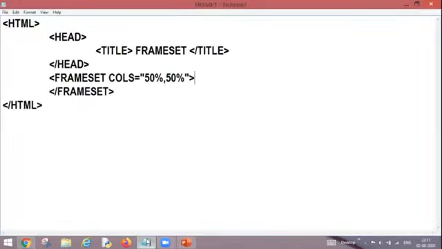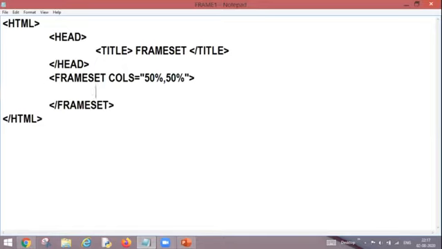Now as you can see, there is no change in my web page because till now we haven't used frame, a child element, and frame is an empty tag. Second thing, however many frames you are dividing over here, that many frame tags you need to use.